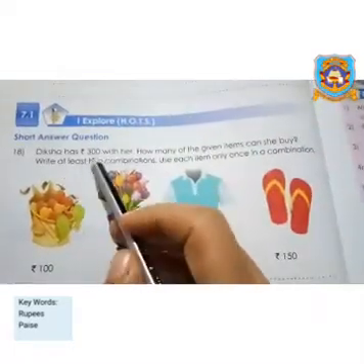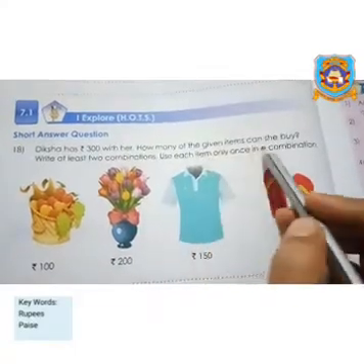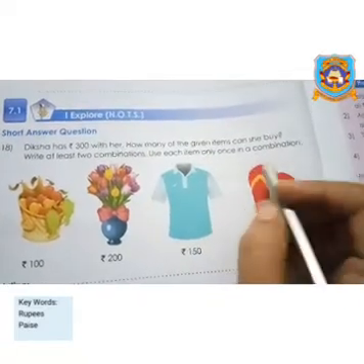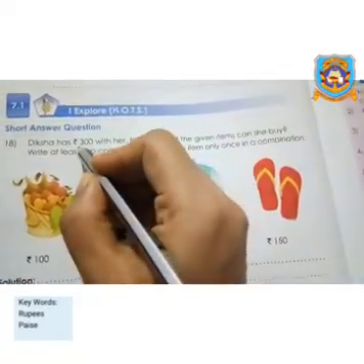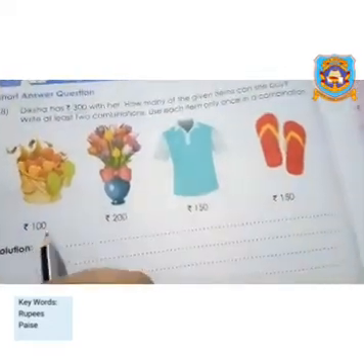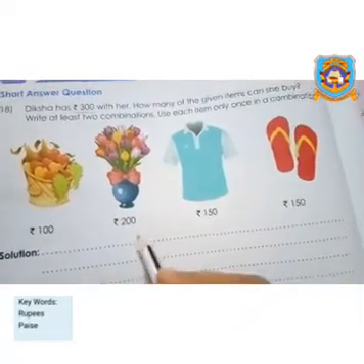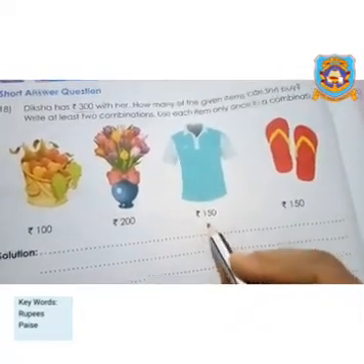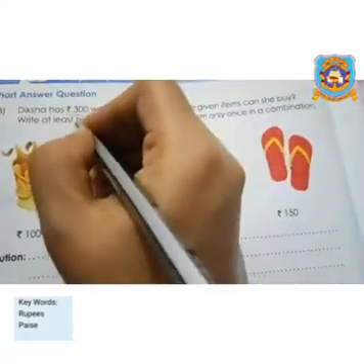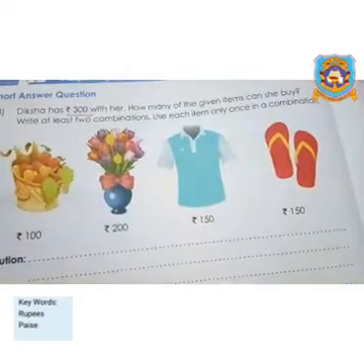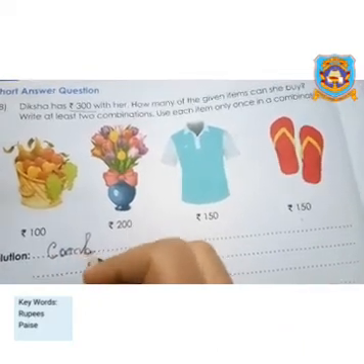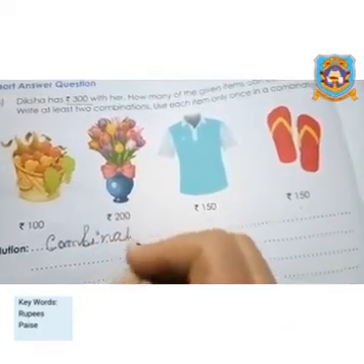Next question is, Diksha has rupees 300 with her. How many of the given items can she buy? Write at least 2 combinations. Use each item only once in a combination. Says Diksha is the name of a person and she has got rupees 300. What are the items she has got? Fruit basket rupees 100. Flower pot rupees 200, a t-shirt rupees 150 and a pair of slippers rupees 150. But she has got amount only rupees 300. So we have to write any combination where the amount should not be more than rupees 300 and you cannot